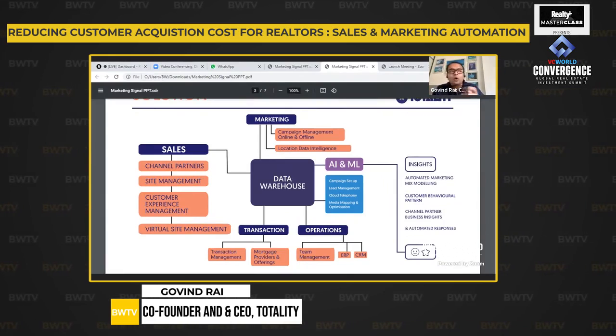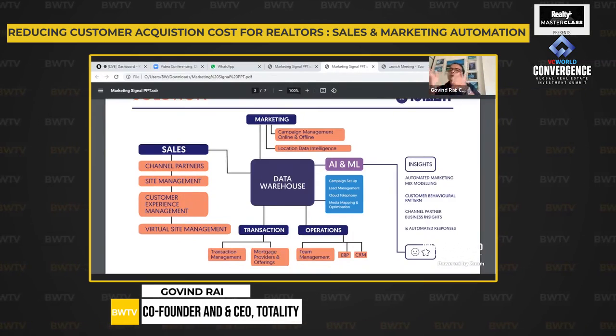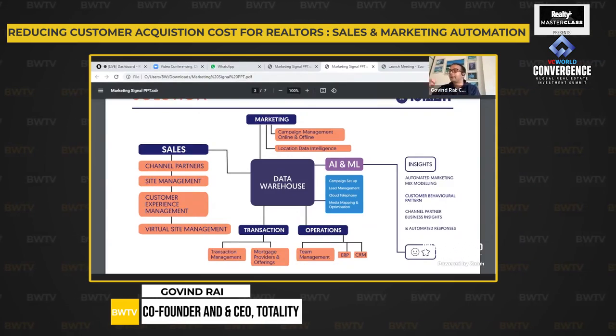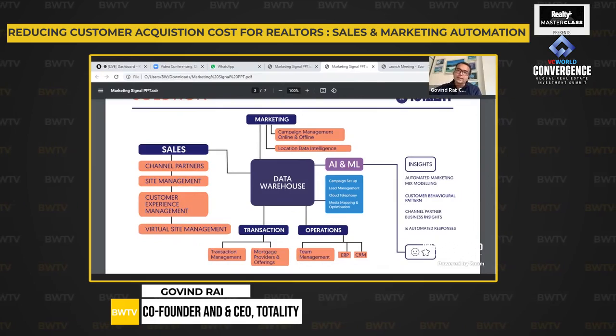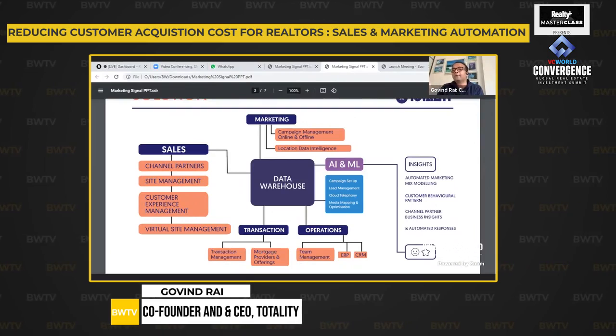The idea is how all the data can come together from the ERP, from the CRM, and sit at the data warehouse. And that's what this slide is trying to showcase to you, that the sales funnel, the marketing funnel, all these important data points come together and get stitched against each and every customer. A customer who stopped at the site and later bought the home, and after buying the home, 10 years down the line, whatever they are doing and engaging with the brand, can all these things be mapped together? Because, as I said, that's where we will be in a position